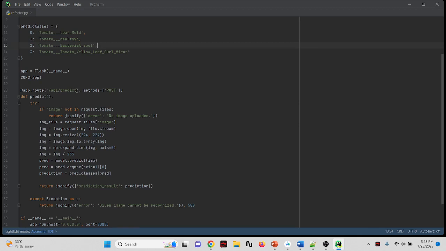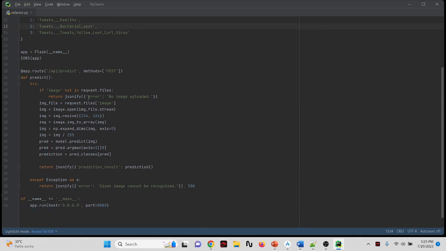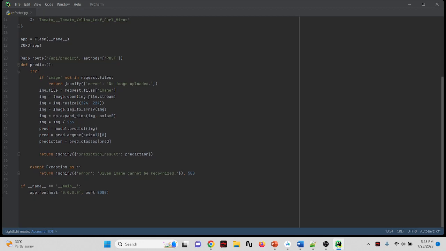So I have created the mobile application, as for the routing like this. So this is the prediction part actually. After the prediction part, if the given image is blurred or can't be identified, or has this kind of issue, I have added an exception here to respond that the given image cannot be recognized. And after that I have added the port as 8080 and